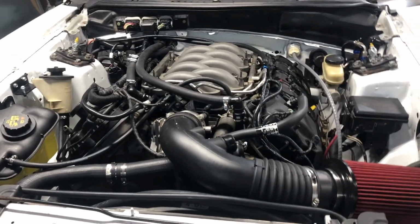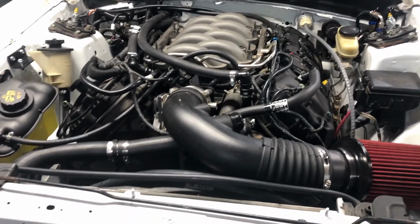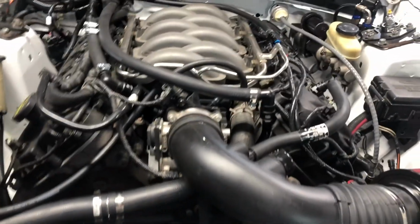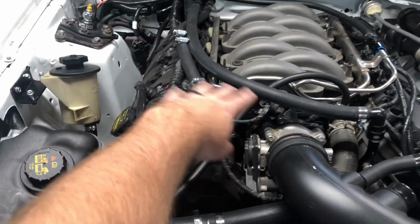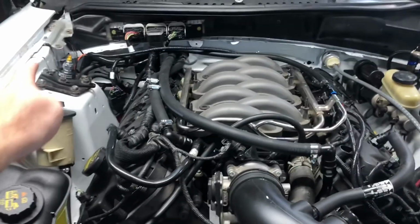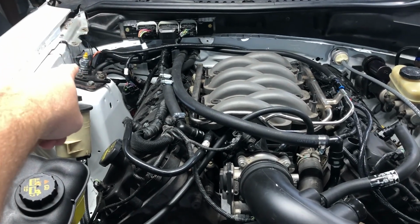This is a 98. I'm having a hard time finding a wiring harness. I think I'm just gonna figure it out, and I'm gonna ask Nathan and see what he has to say, if he can help me a little bit. I'm gonna run a secondary coolant temp sensor, probably in a heater hose, for one of the stock coolant temp sensors, because I think I want the stock ECM to run the fans, so I don't have to rewire the fans. And then the other one I've run down here